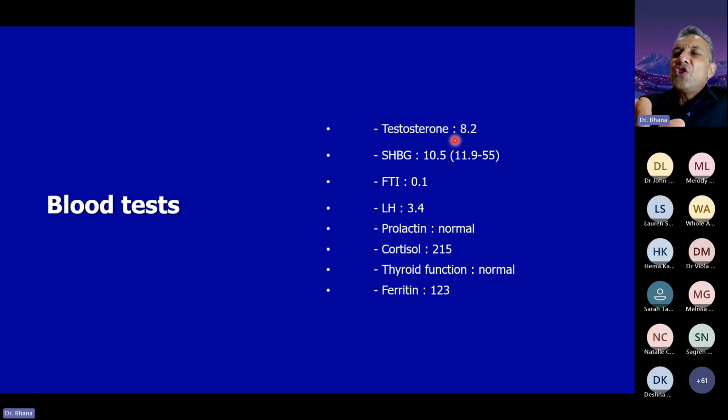And you'll see in nature, whenever there is not enough hormone available, the transport molecule will go down to allow a higher free testosterone level. So in this particular patient, we had to make sure that it's not a pituitary problem. Prolactin was fine. You're going to see why I'm going to go through it. Thyroid was fine because thyroid and prolactin are treatable causes of a low testosterone. Cortisol becomes an important marker of what's happening with the rest of the adrenal gland, and ferritin is important because